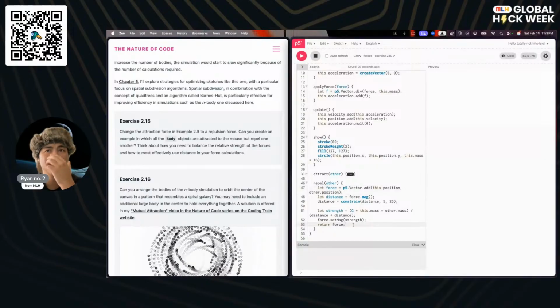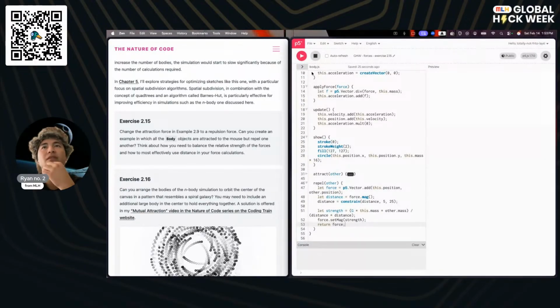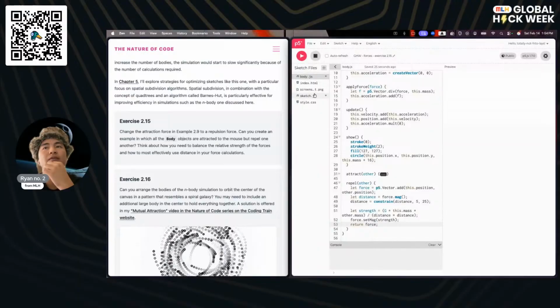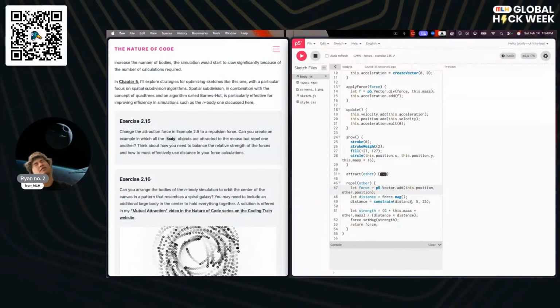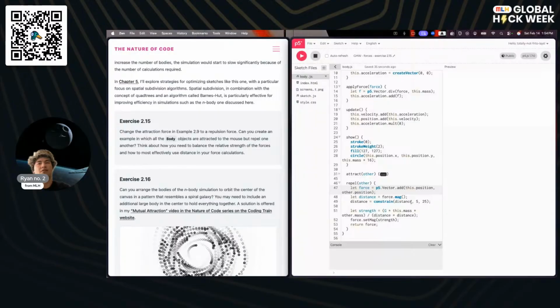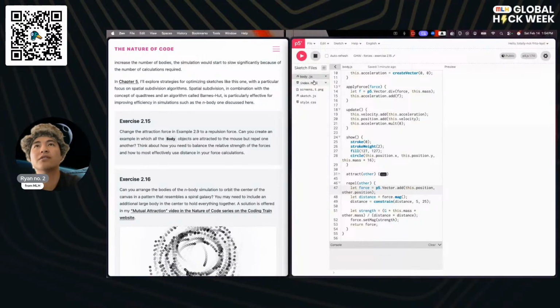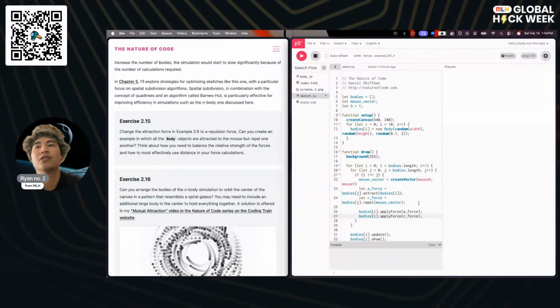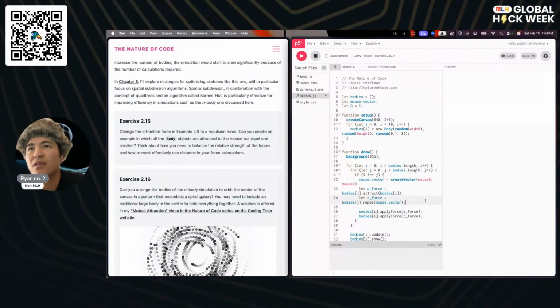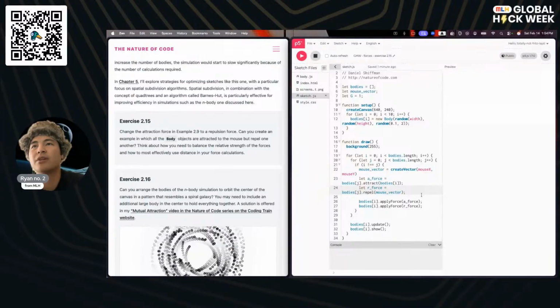The force. So this just gives us a force at the end, a force that's based off of where the other's position is. The other in this case is going to be just the mouse. So if the mouse is a vector, then it does indeed have position. So that should be fine. We don't do anything else with other inside the repel, so I believe this should be fine to have it repel the force.